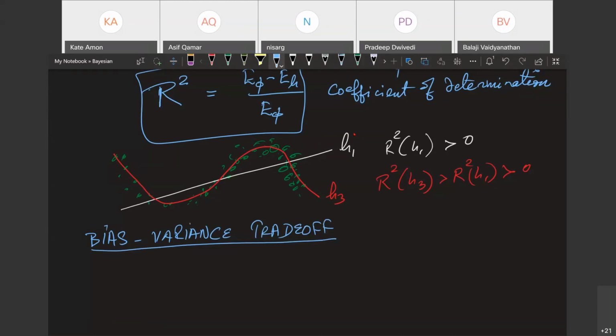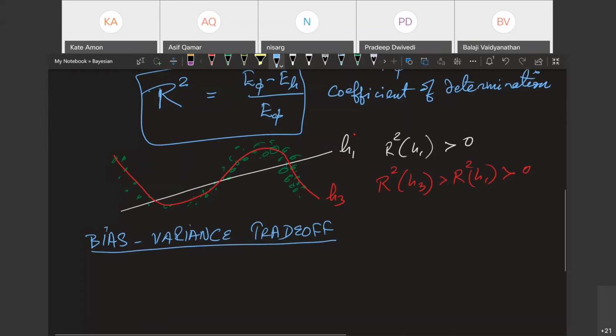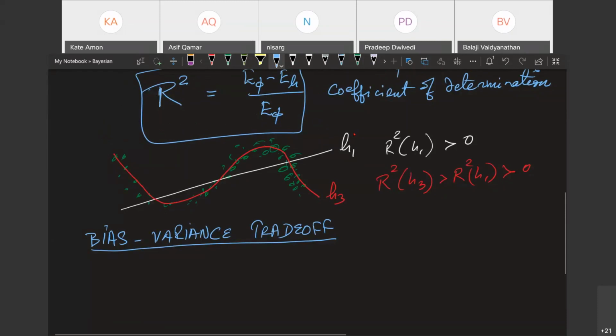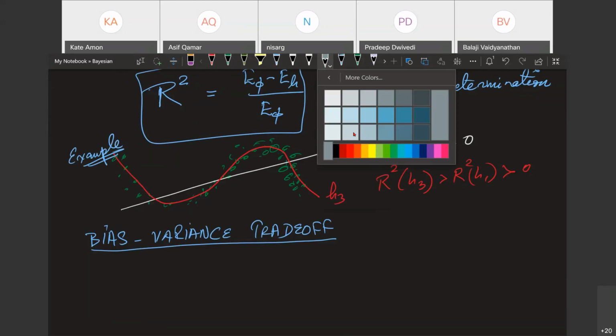What happens is, when you build a model, let's say you look at this third degree polynomial. I could have fit an even more complicated model. Let me take a more complicated model, in yellow.